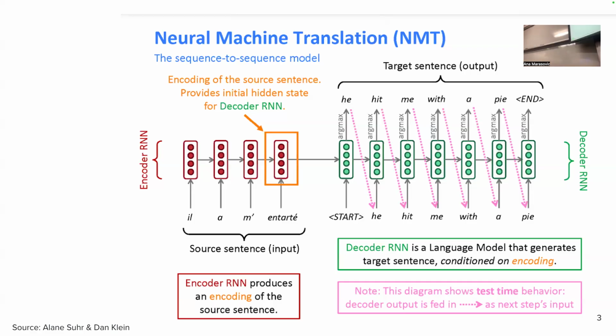One is the encoder piece, which encodes the source sequence in a vector of a fixed size. And then the decoder part takes that encoded representation of the source sequence and decodes it, meaning it generates token